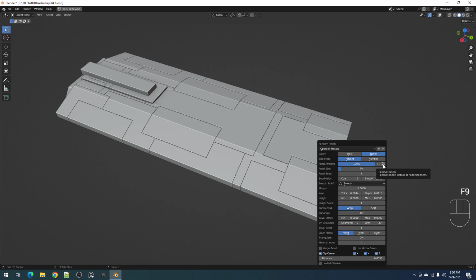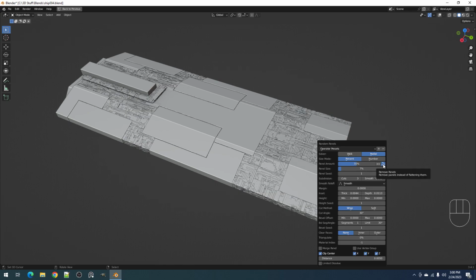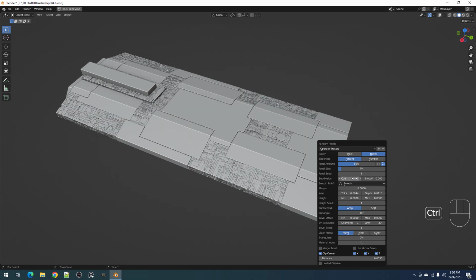And then we're going to activate this. When we adjust this, you can see that the panel details are being removed, but the faces are still there. With this toggled on, those faces will, instead of being flattened, be deleted. Okay, let's try and increase the resolution